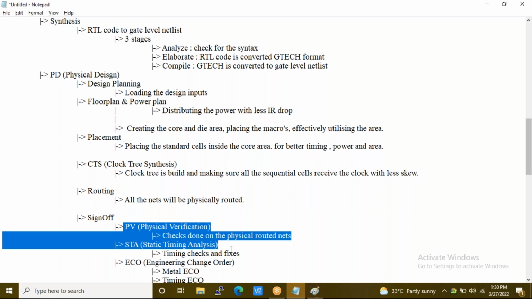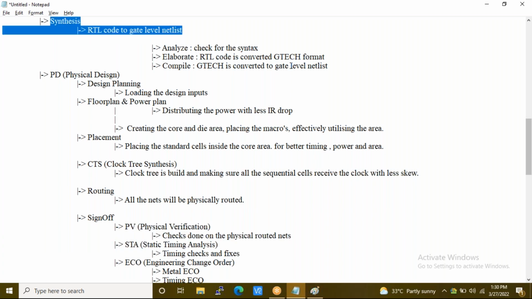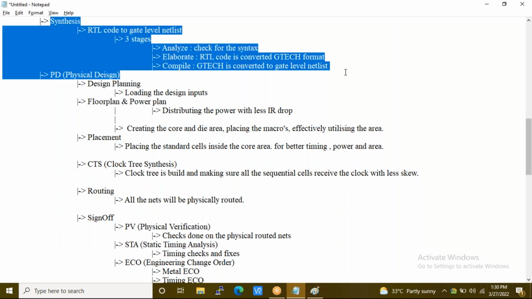You will perform ECOs, timing ECOs, and later on you will try to perform synthesis also. If you are working well, you might get that information. Yes, sir.